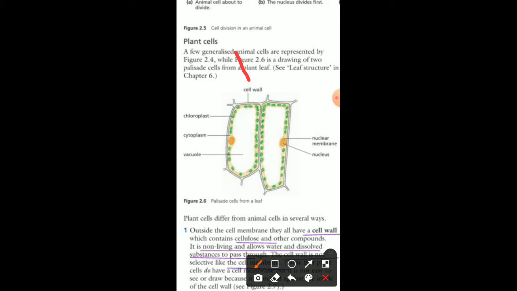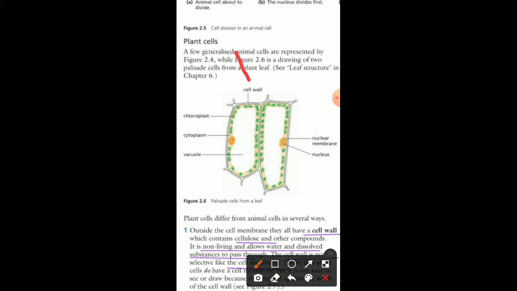It is not that effective, but it is good enough to protect the cell from damage from the outer atmosphere, maybe from damage caused by insects, maybe from the sun rays. So it works well for defensive purposes, but it's not that good in selectivity. Now, what does the term selectivity mean? It is basically the characteristic associated with the membrane which lies next to the cell wall. It is termed the cell membrane or the plasma membrane.